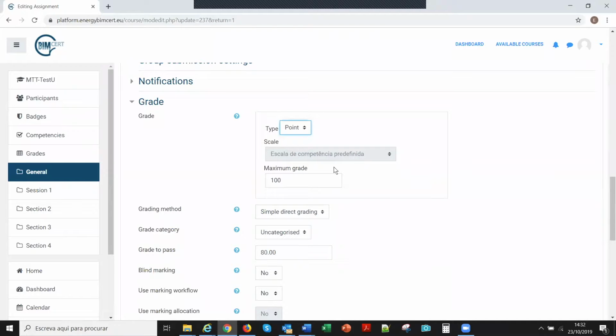Now I must remember the difference between marking guide and rubric. I think I know the two possibilities, but I never know the name of each. But I guess marking guide is more limited. You define criteria. Both have criteria, but with the rubric, you have a criteria that has a maximum value of 30 points. So you can write 20, 15 or something. So you can decide